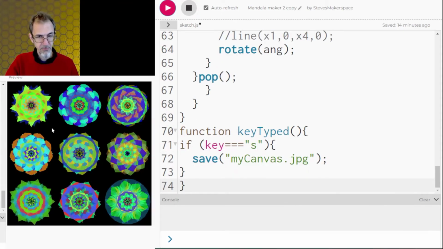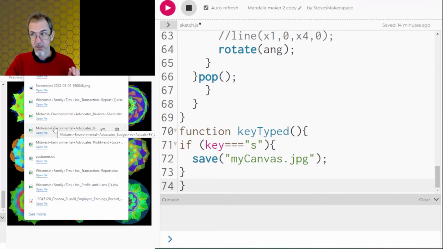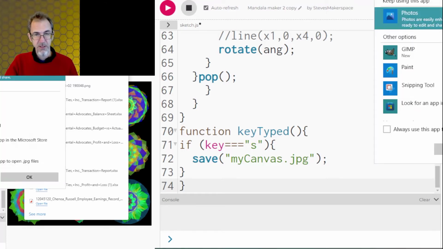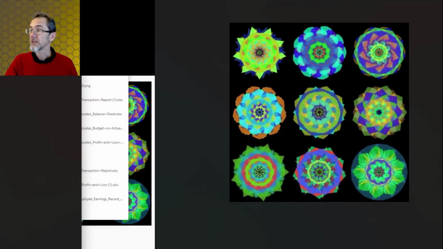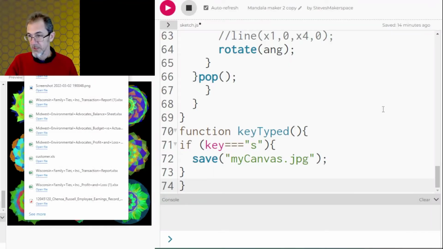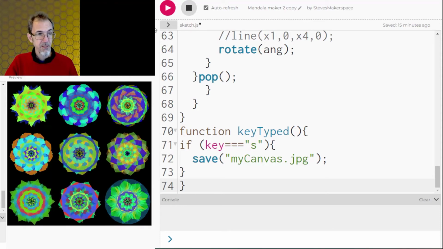And I think I need to press on the canvas first, and now I'll hit S. And there we go. It just saved a JPEG. I can open up that file, and there's my JPEG. Very good. Now, the other thing we can do is, so that I don't have to keep hitting start button